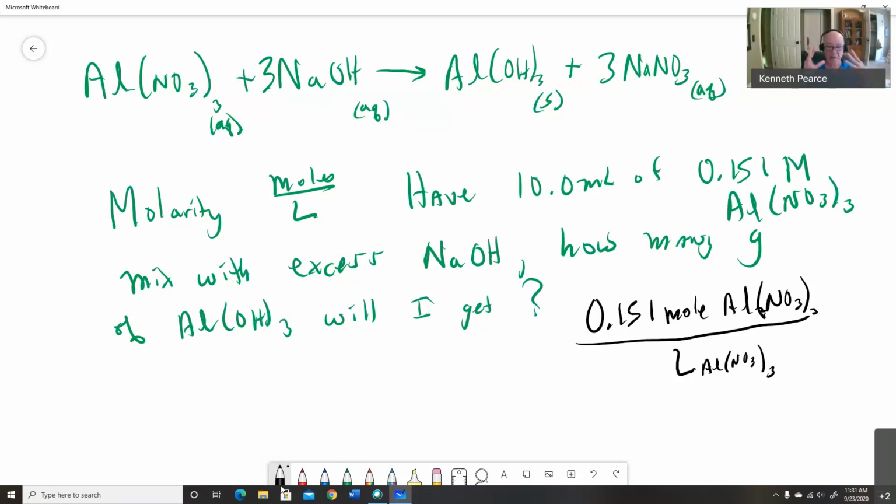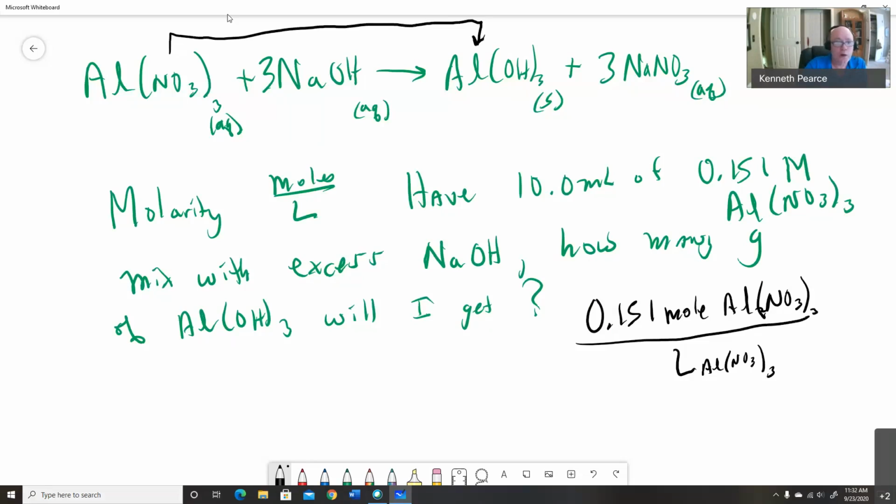All right, so that's really the big thing about this chapter, working with molarity when we're doing these calculations. And molarity is moles per liter. And so if you have that molarity, then the first thing you do is write it out as a conversion factor. And we do everything else exactly the same way that we did in chapter 3. Anywhere you see grams, you need the molar mass. Anywhere you see something going to something, you need the mole ratio between the two, and that comes from the balanced equation. So let's go ahead and get the mole ratio, and that would be between the aluminum nitrate